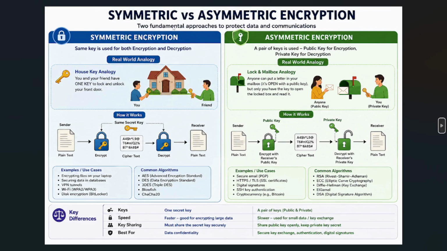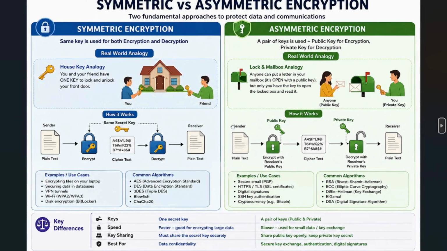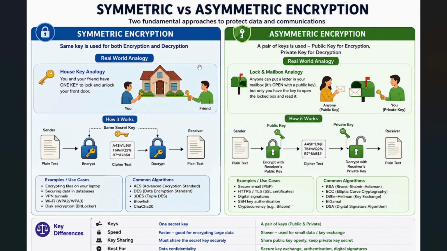We are going to understand a very interesting concept of symmetric and asymmetric encryption. So, when we do the encryption, how do we do it? What are the number of keys, etc., or what is the method that we use? Fundamentally, there are two approaches that we use. One is symmetric encryption, and the other one is asymmetric.